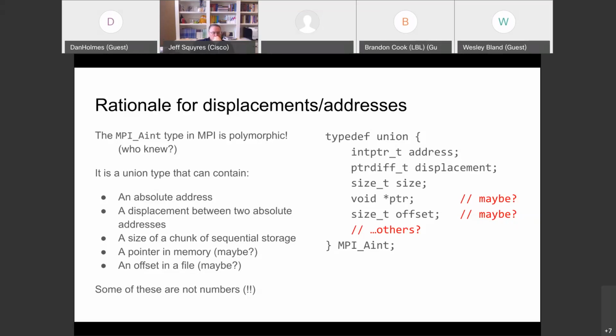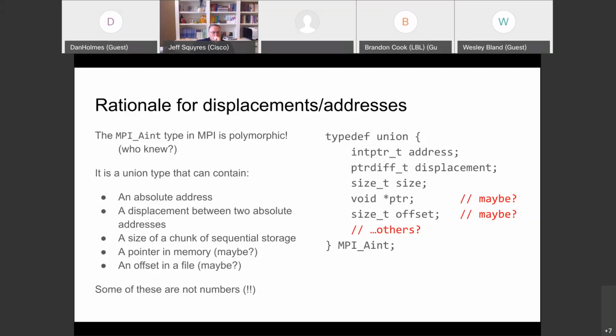We're not really sure about those, but it doesn't matter because you've got at least 3 use cases that are different to each other. And in C, if you were to use the canonical C types, you'd be using a different type: intptr_t or ptrdiff_t or size_t, a bunch of different types for these different uses. But MPI uses the same thing. It uses MPI_Aint for these things.